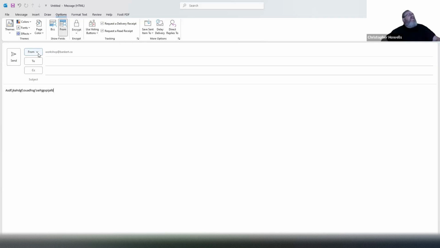Now you see I have the From section highlighted here. If you only have one account, you can turn that off. I can decide whether or not I want to have blind copy in, which is something that we haven't talked about yet. Blind copy allows me to email